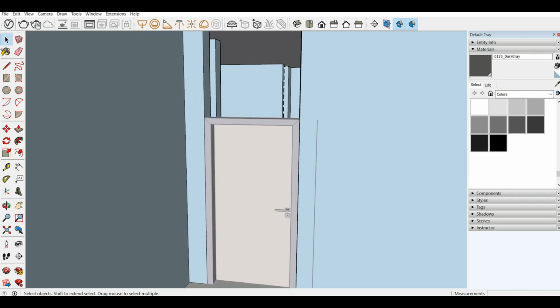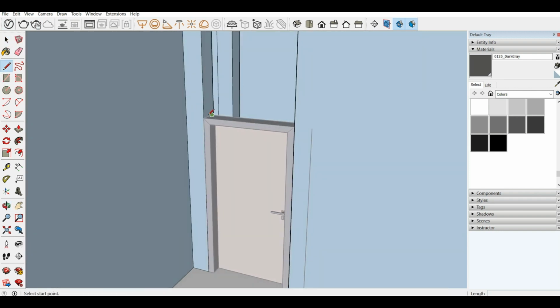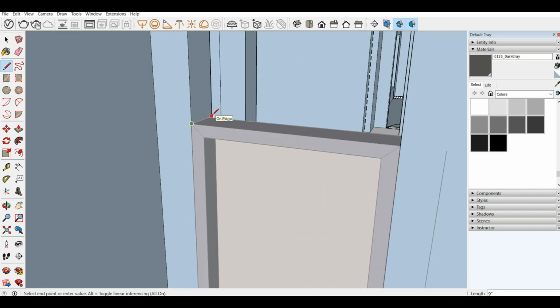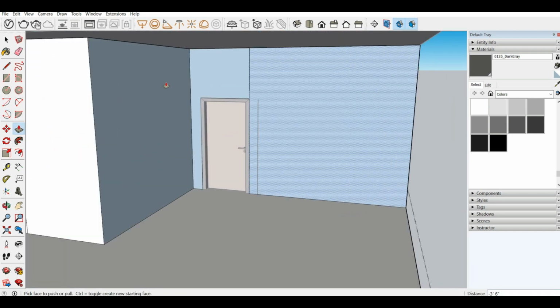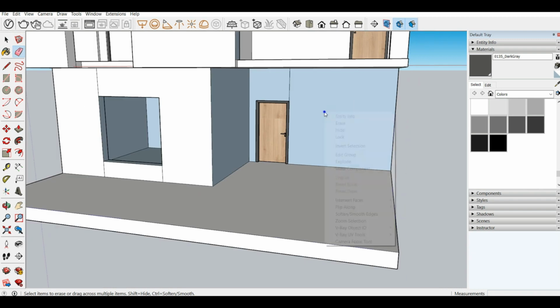Okay, now here to complete this front portion, create a line around here, create a geometry rather, and using the push pull tool, wait a second, now I will use the push pull tool to complete this. Erase the extra geometry if there is any here, and